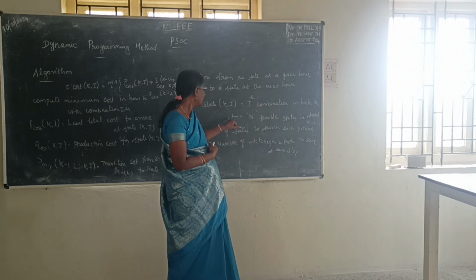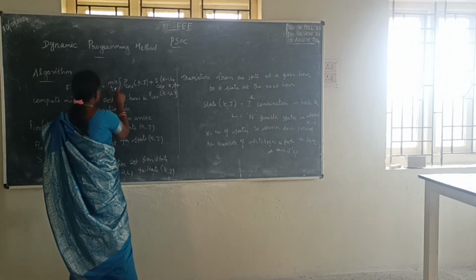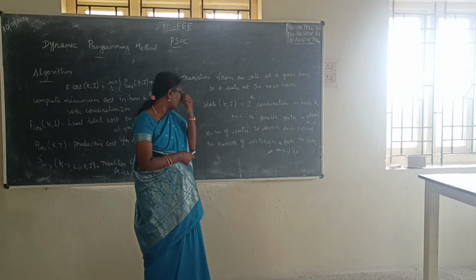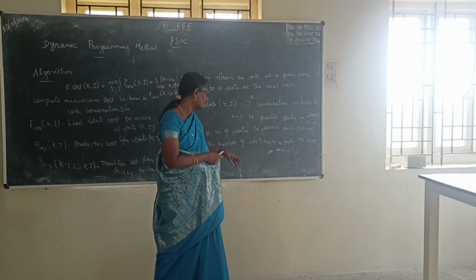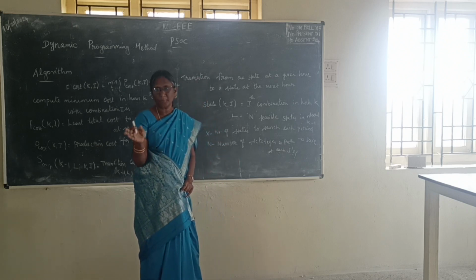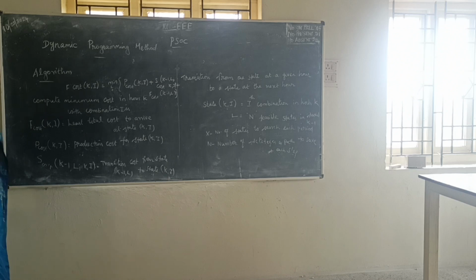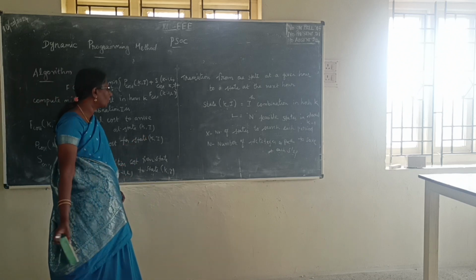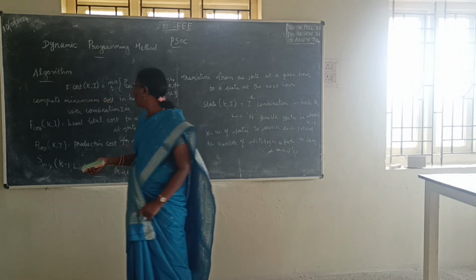Then L represents the least feasible states. This L represents the least feasible state in the interval of k minus 1. Then X represents the number of states and N represents the number of strategies in the path. So X represents the number of states to search each period, and N represents the number of strategies or paths to save each step. How is that?